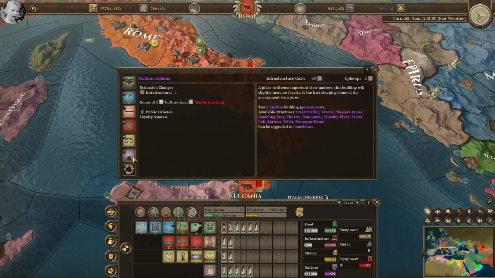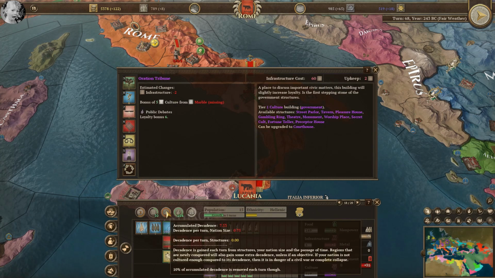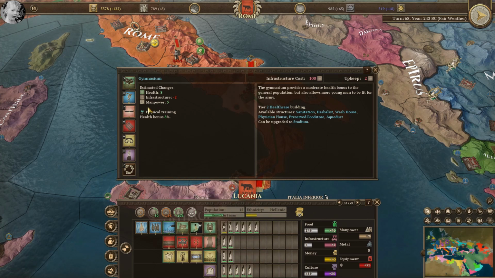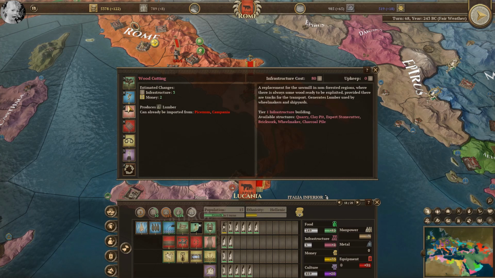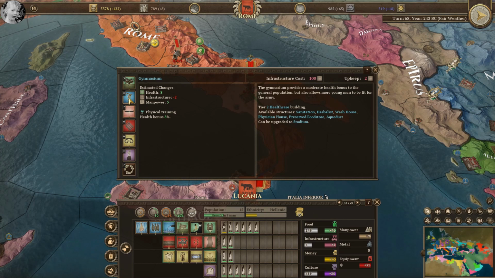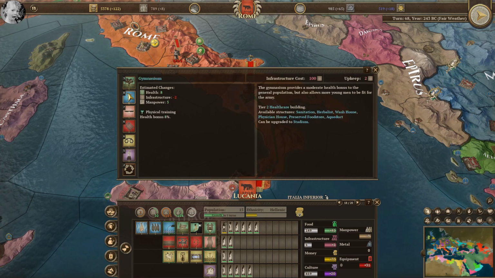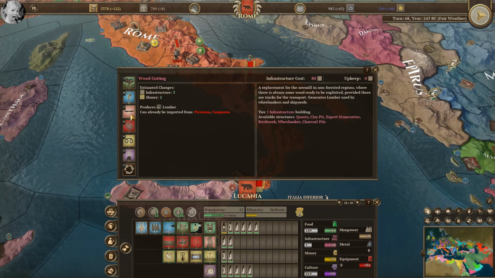Oration Tribune is nice, but I don't think it's needed. Probably on the verge of needing another slave market. Eight and 5. 10. It takes 8 turns, Lord. Wood cutting, 2 and...